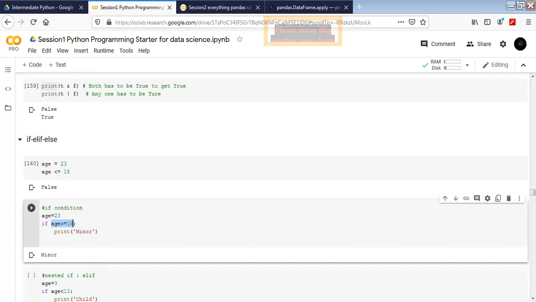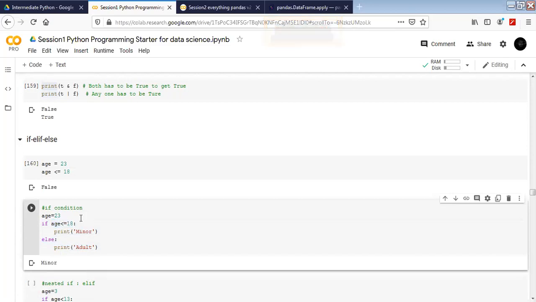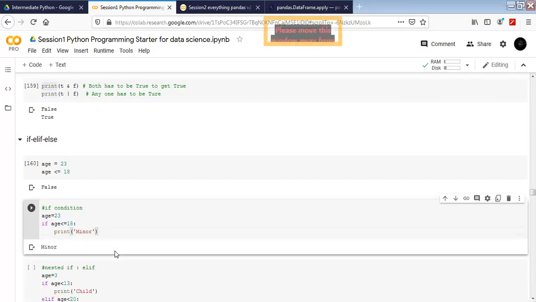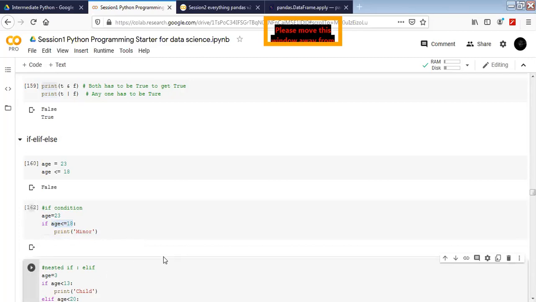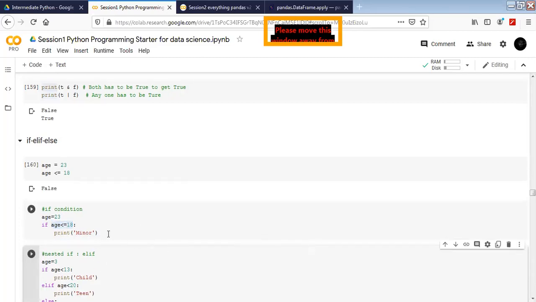But if the condition was like this, where the if is false, we have to type in a next part, which is else. In this situation, if we did not have anything here, what will happen? Because this condition is now true or false? Yes, we are at false, so we are not going to get anything.